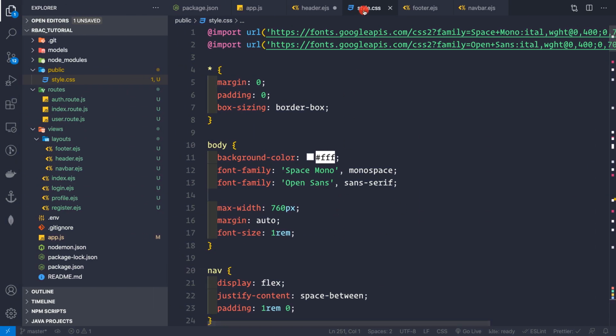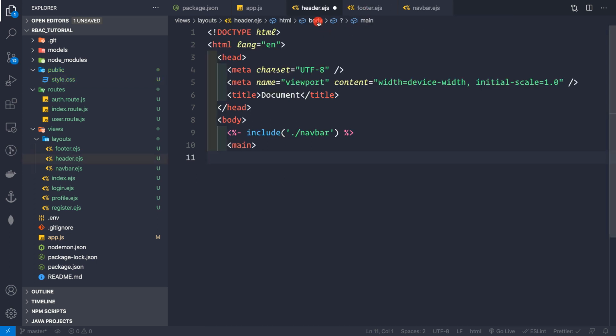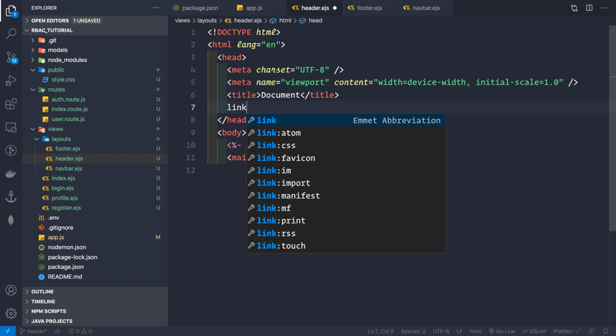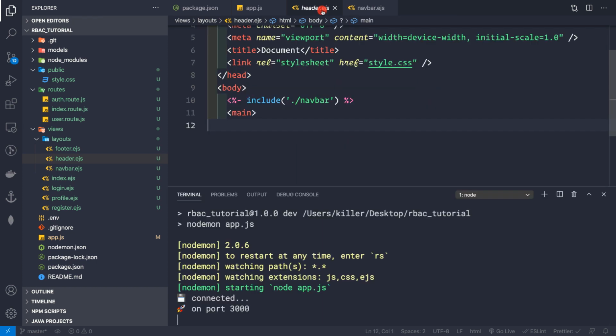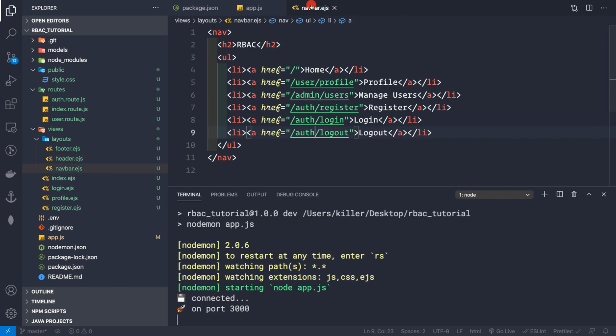So now let me save this style.css file, and now we need to use this style.css file somewhere. So let's go to the header.ejs file. Here what we need to do, we need to link that style sheet. So let's go at the very top of our head or at the very bottom of our head section, and here let me make a link of CSS file, and the file name is style.css, like this. So now let me save this header.ejs file. So now let me close all the files.